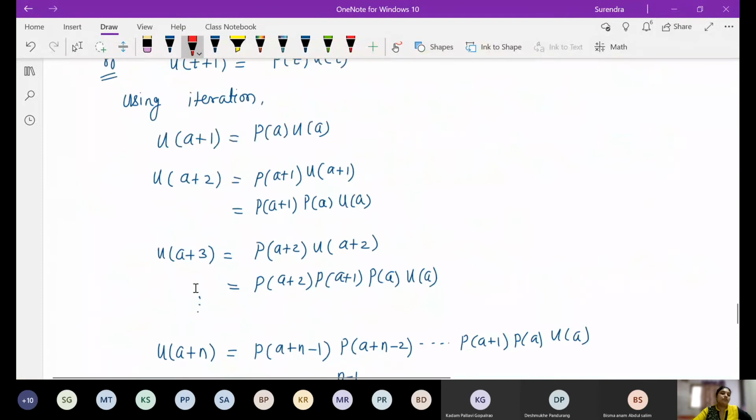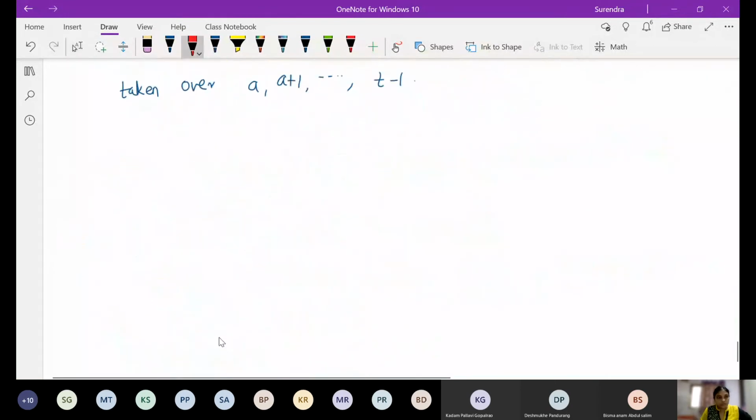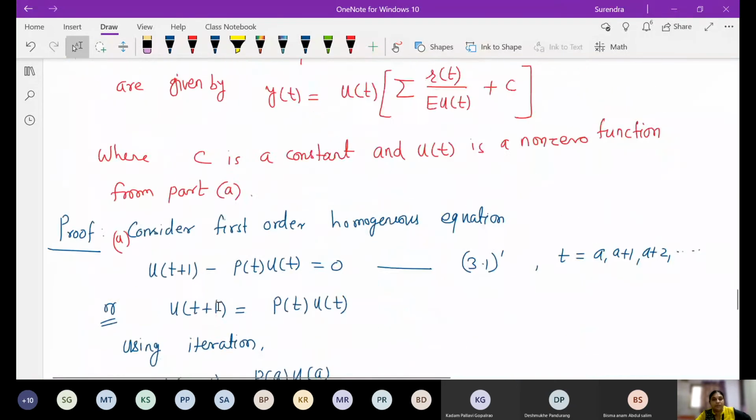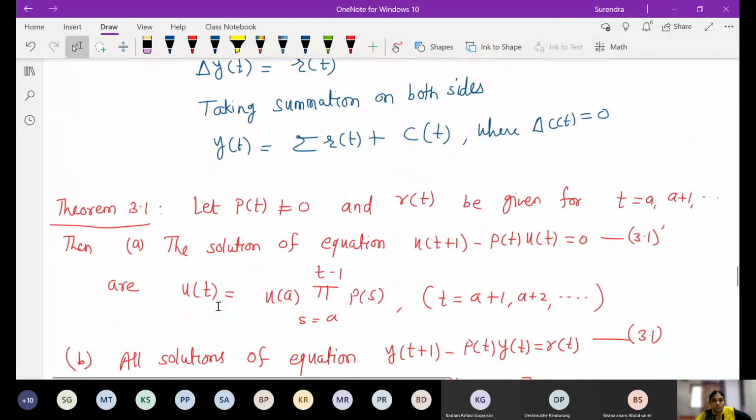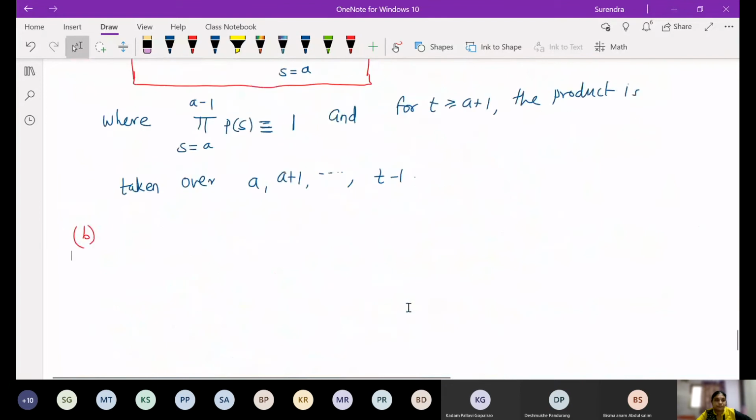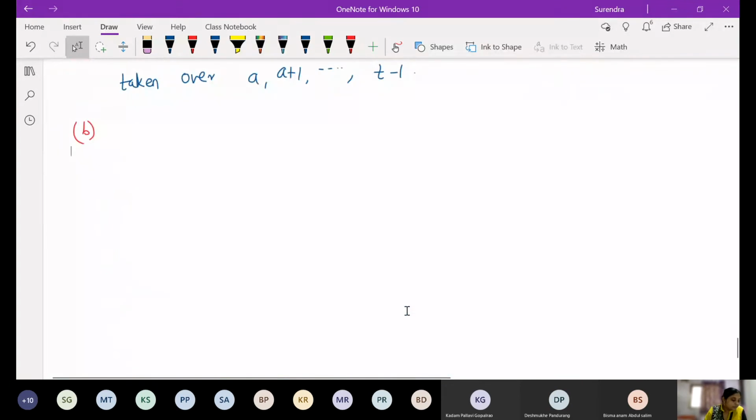Now I want to find the solution. So, proof for part B. What is part B? We already proved this: the solution of 3.1 dash is given by this. Now I want to prove all solutions of the 3.1 non-homogeneous difference equation are given by this one. So for that, consider now